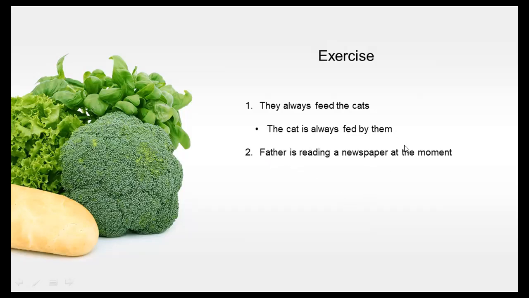Where is the object? The object is newspaper. Where is the verb? The verb is reading, and the subject is father. Don't forget, if we want to change the active sentence to passive sentence, we must put the object in the first position of the sentence. The answer is